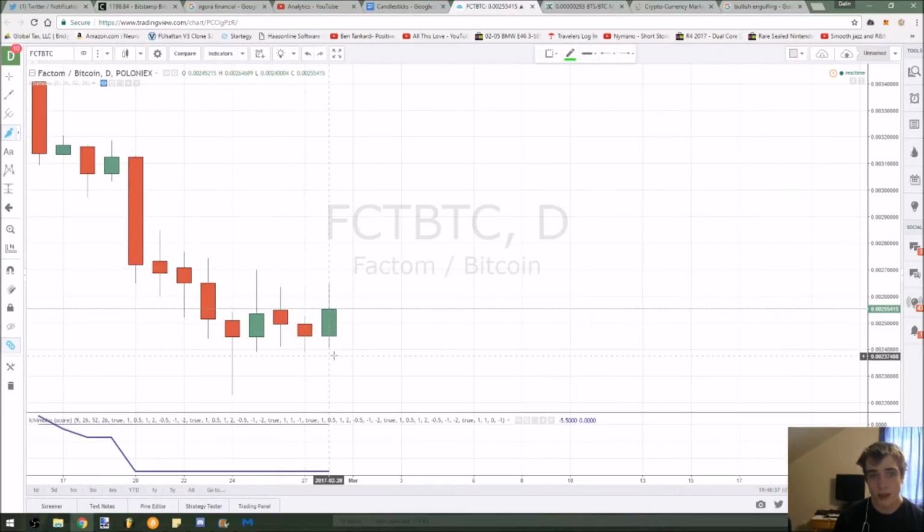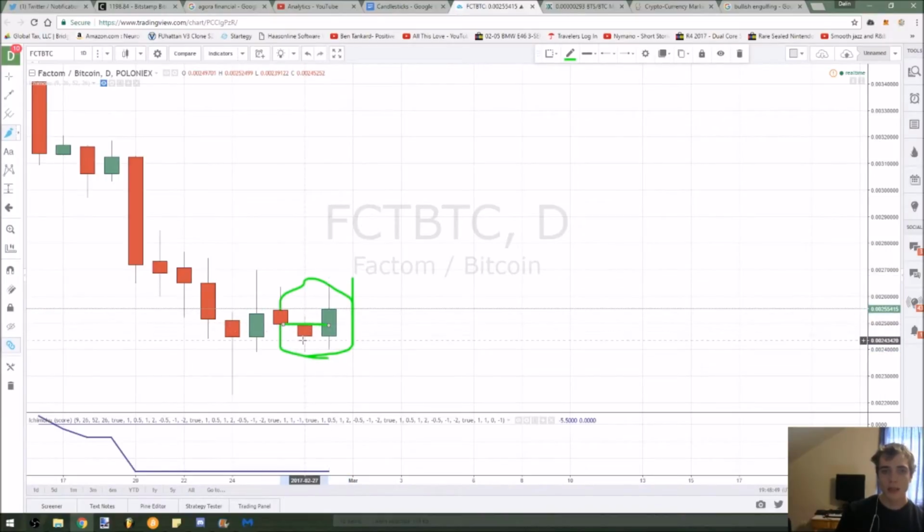Now, here's what you want to do, is when the next candlestick forms, so tomorrow, when the next candlestick forms in Factum, if this one is still holding true as a bullish engulfing candlestick, being that this point's close is higher than the open point of the bearish candlestick right here that happened,